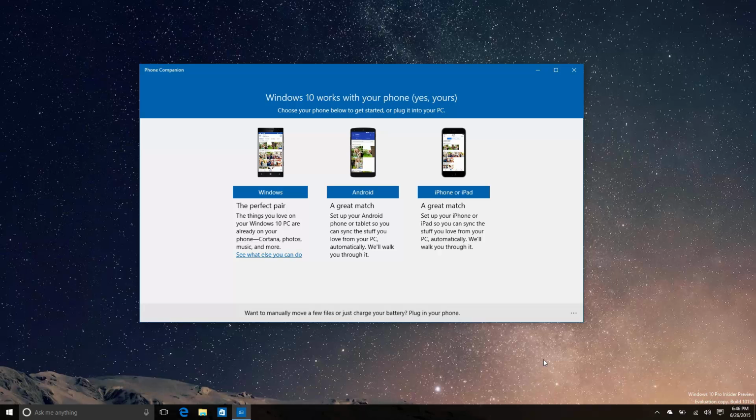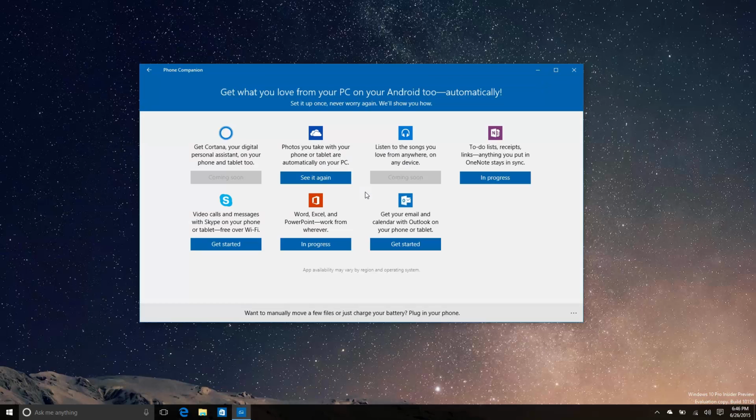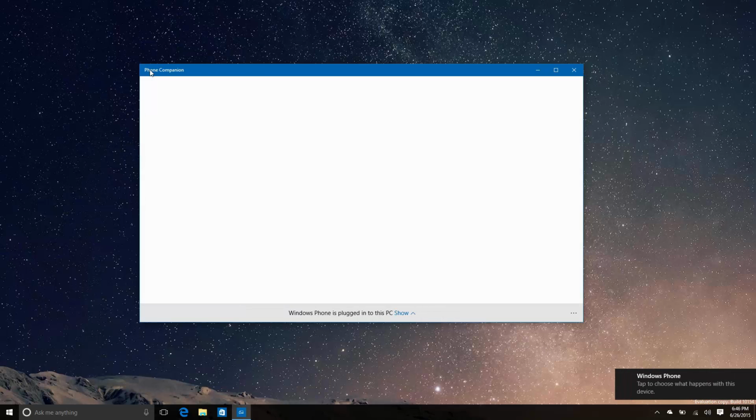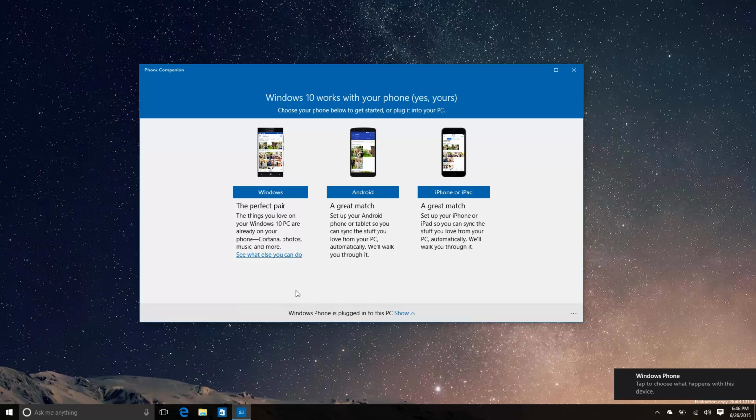It's not really syncing your device. This app doesn't sync your device. Your Microsoft account syncs your device. So as long as you set up your Microsoft account on the apps you download for Android or iOS, things should be fine. So you may have noticed I just plugged in a Windows phone,